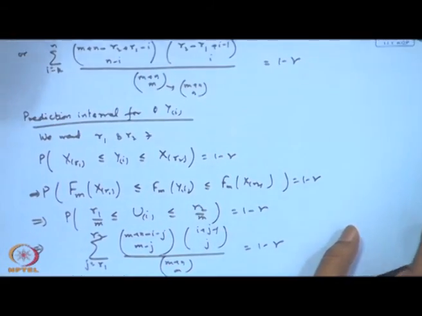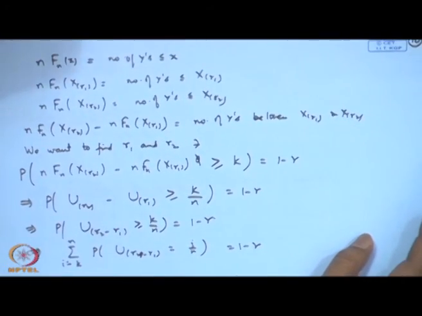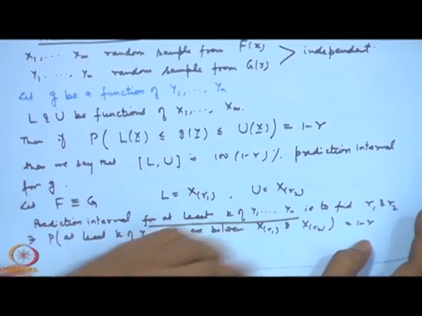So, in this one I discussed several of them. For example, what is the prediction interval for yi, what is the prediction interval for at least j minus i plus 1 of the y's, what is the prediction interval for at least k of y1, y2, ..., yn, etc. So, these different types of formulae are useful for various types of non-parametric location or scale parameter problems. We will talk more about this in the next lecture.